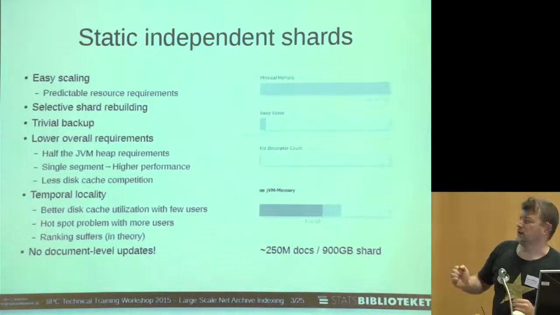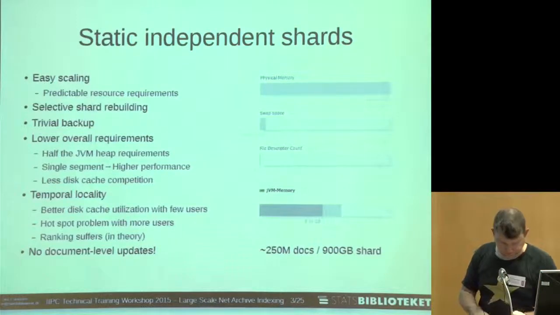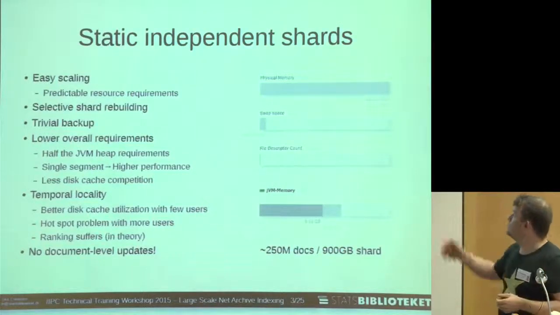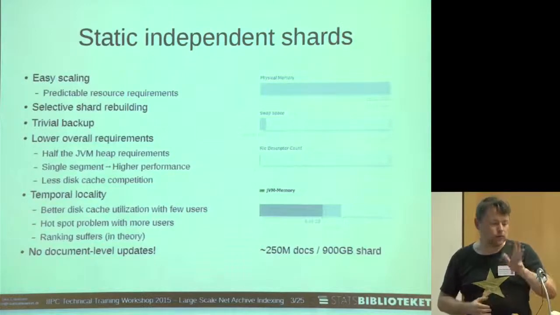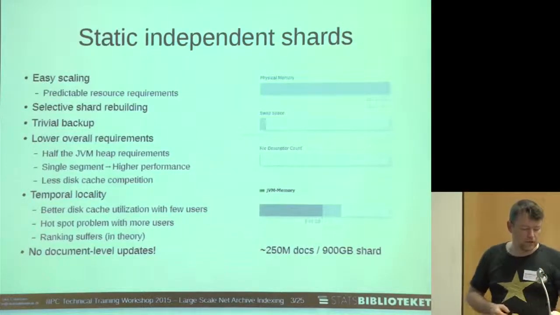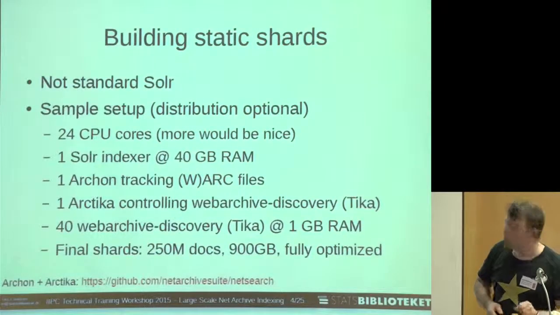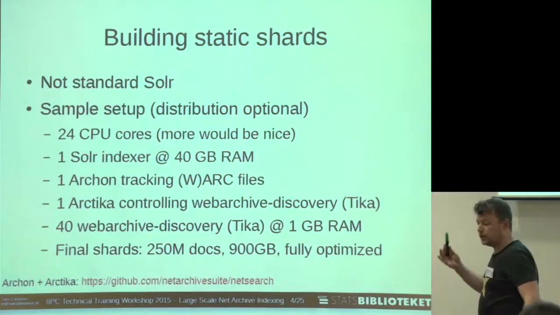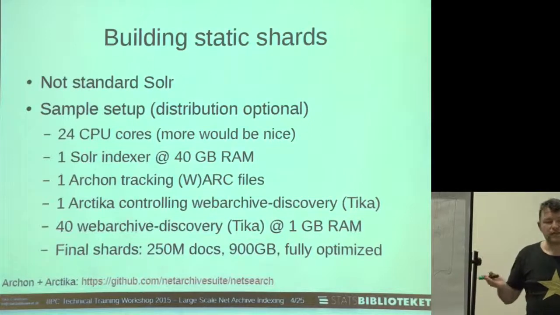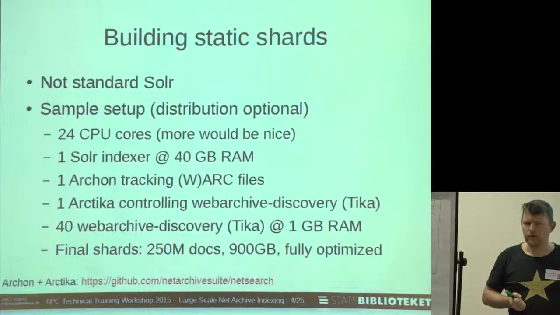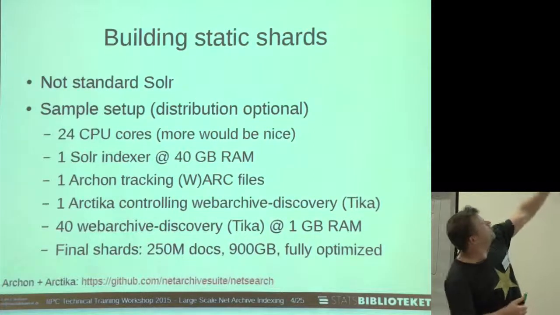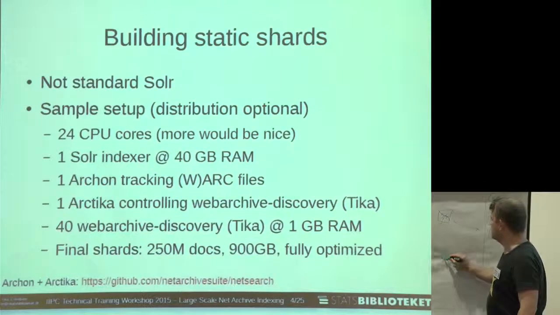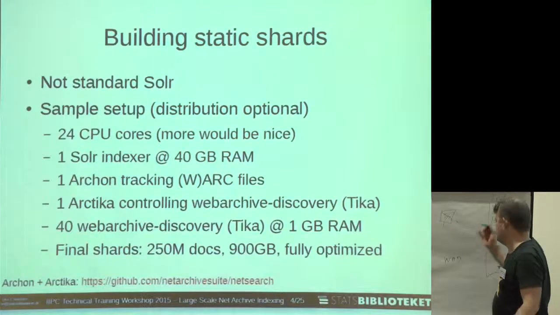So how do we build these shards? How does it work? Well, we want a shard of a certain size, whatever we decide on. We decided on 900 gigabytes. We like that size. I'll come to it later why we like that size. So, in order to do so, we piggybacked on the work from the British Library. They made this very nice tool called Web Archive Discovery. So that really means that we have this, what should we call it, WAD, something like that,